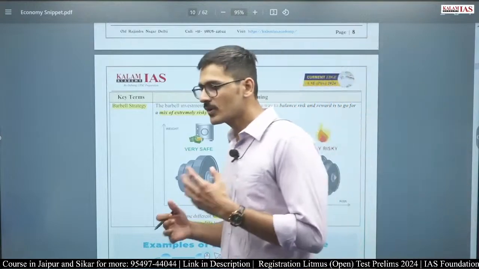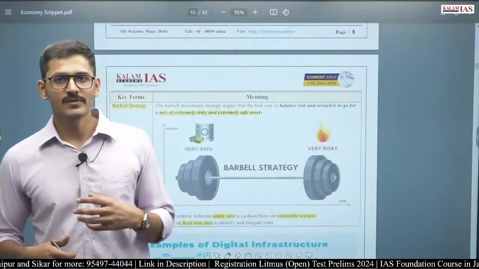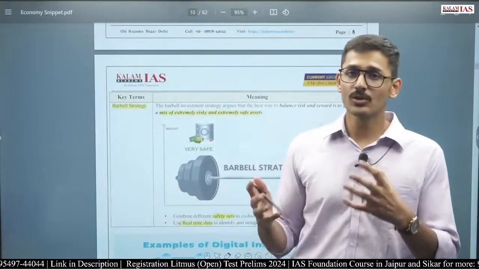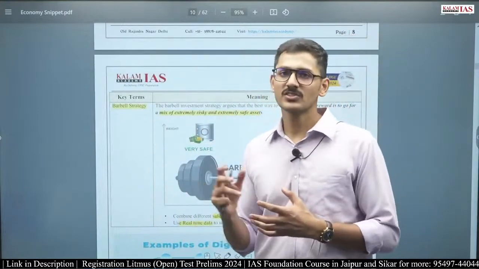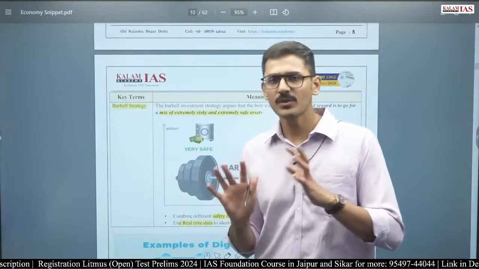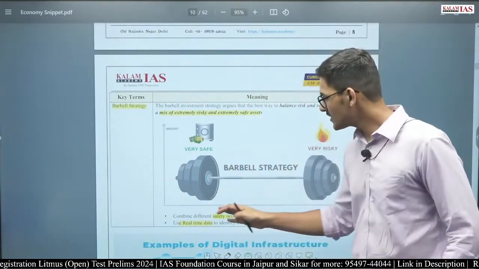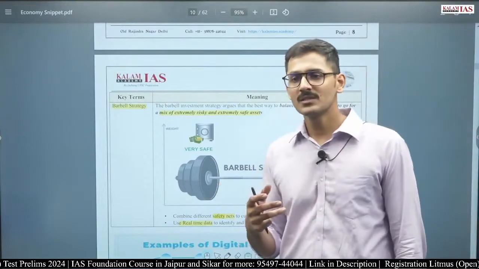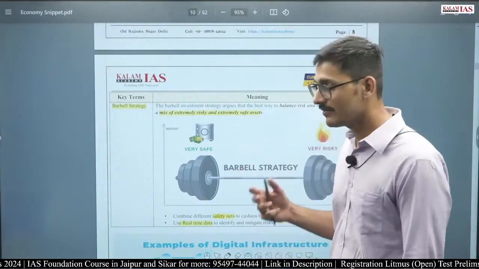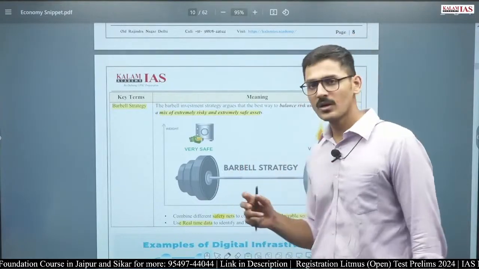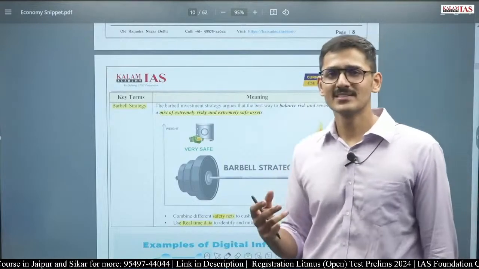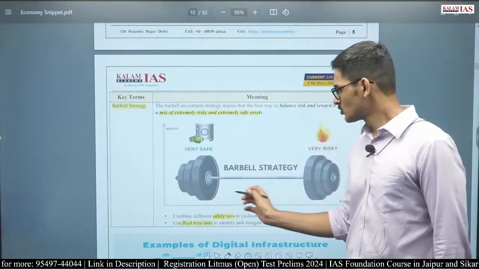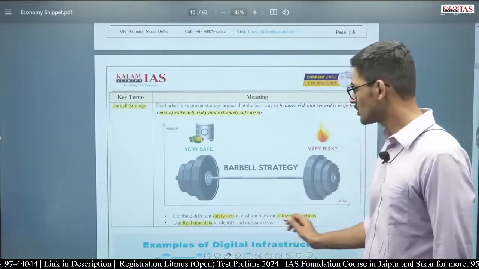What is a safety net? For example, if you remember, during COVID-19, the government of India provided free food to 80 crore people. They said that 80 crore people will get 5 kg of ration every month free of cost from the government of India. So this was a safety net. For example, 500 rupees were transferred to women Pradhan Mantri Jan Dhan Yojana account holders every month for 3 months. Or, free gas cylinders were provided to the people under the Ujjwala mission. So these are all safety nets to cushion the blow to the vulnerable section.